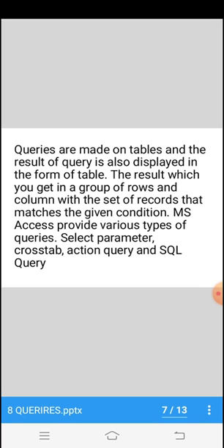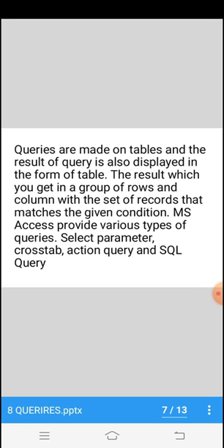So we make queries on a table and we get the result in the form of a table only, that consists of rows and columns. As you all know, a table consists of rows and columns, and the result we get is on the basis of the condition which we have given in the query.